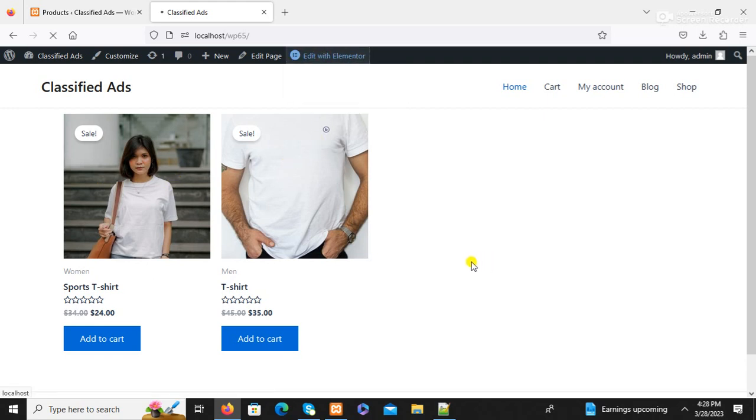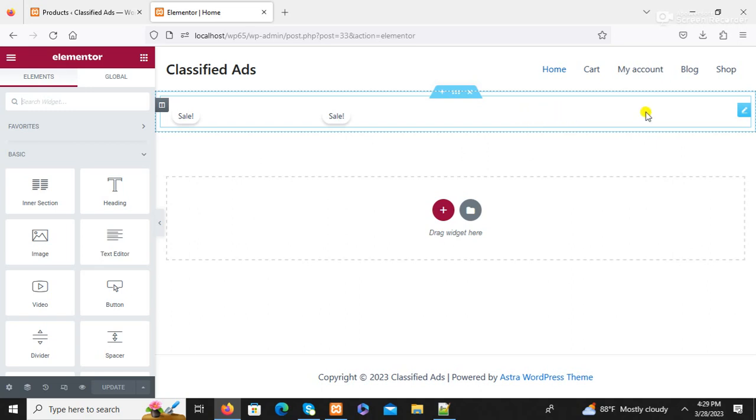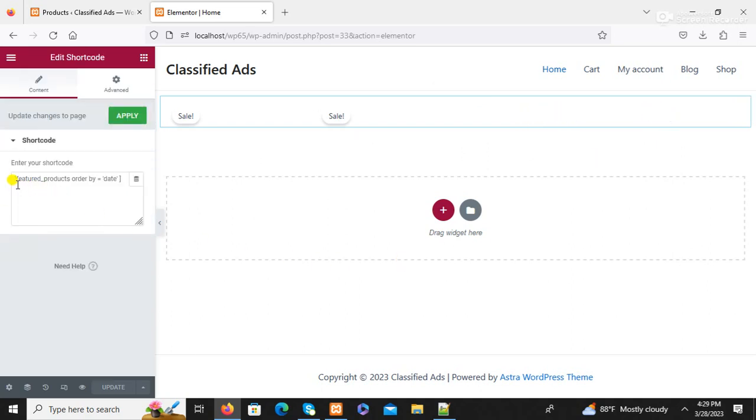Edit with Elementor. Very simple code. Here featured underscore products order by is equal to date. Okay,